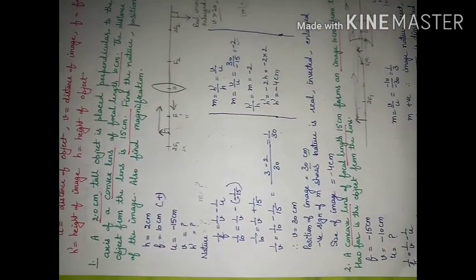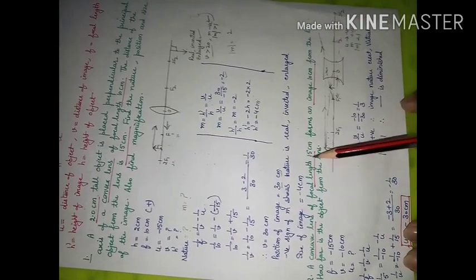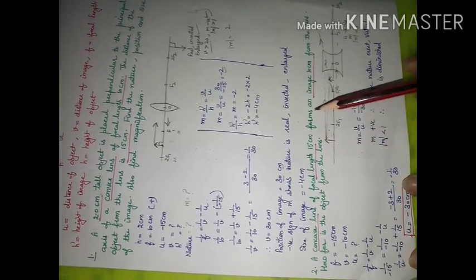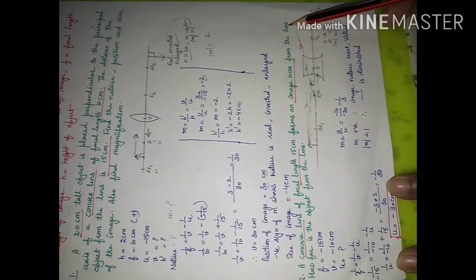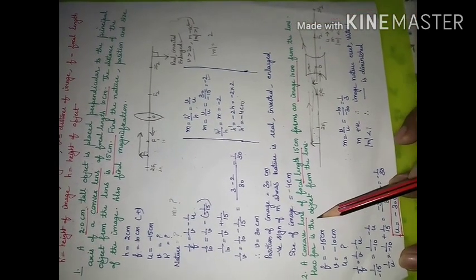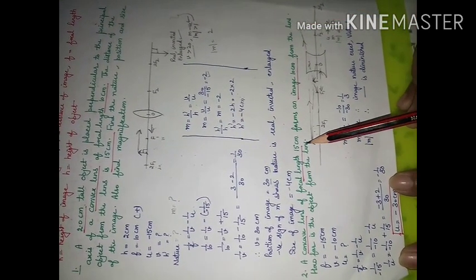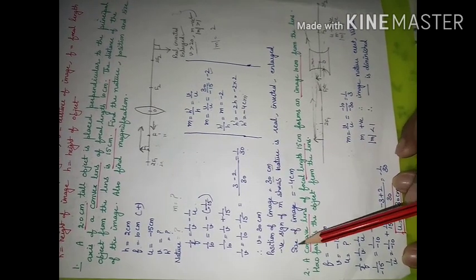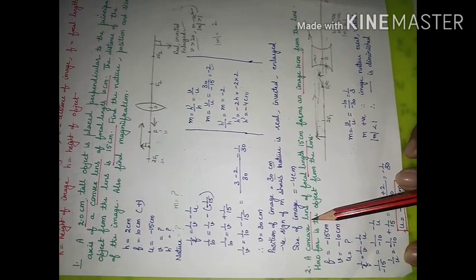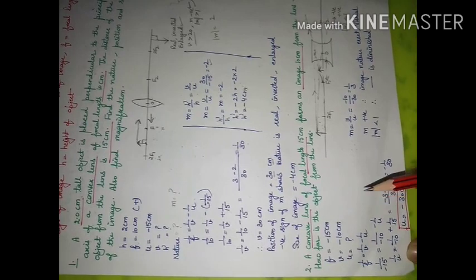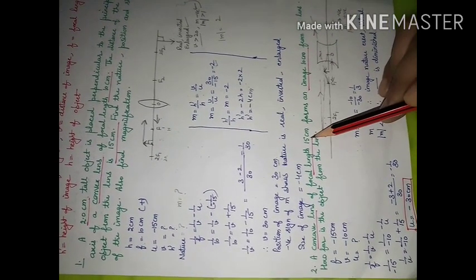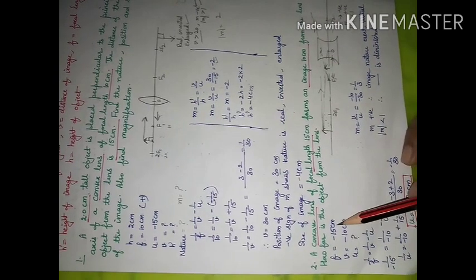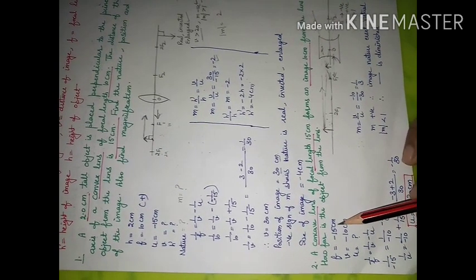Next question, we are going to have a concave lens is given with focal length 15 centimeter and it is going to form an image at a distance of 10 centimeter from the lens. How far is the object from the lens? So which lens is given to us? Concave. As concave lens you will read, it should automatically enter in your mind that focal length of a concave lens is always negative. So f is going to be minus 15 centimeter.